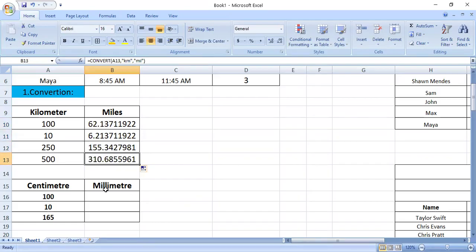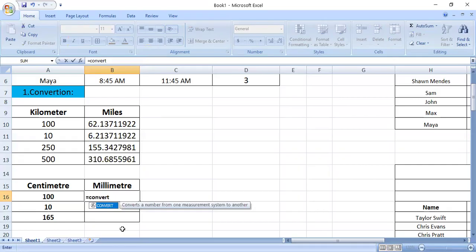Okay. In the same manner, we can do centimeter to millimeter, which would be equal. Equal is part of the formula, remember. And convert, open bracket, centimeter to millimeter. So we are converting the cell column A, row 16. So this will be A16. A16, then comma,